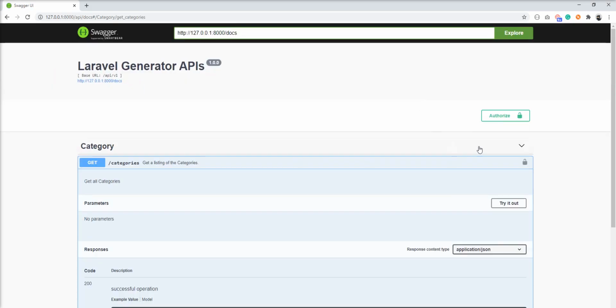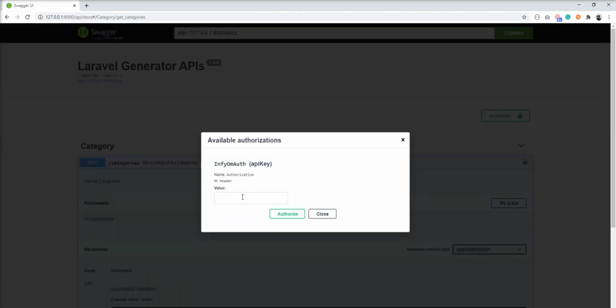Now you can see here the authorize button is available. Click here and we can pass the token here. So let's specify bearer here,